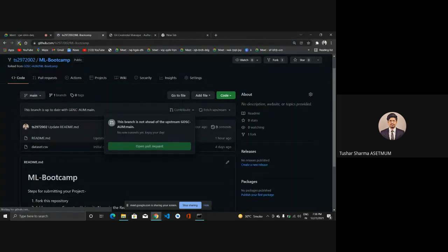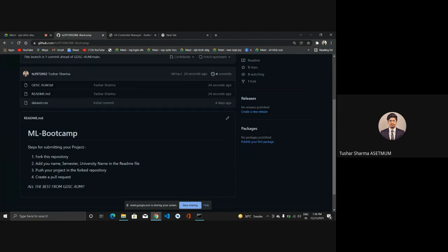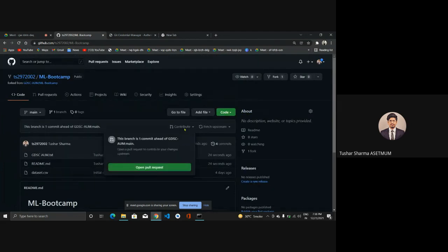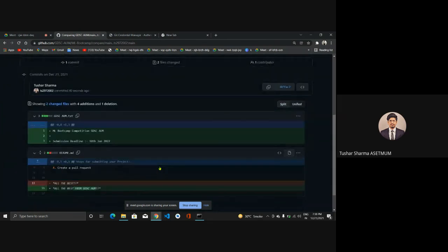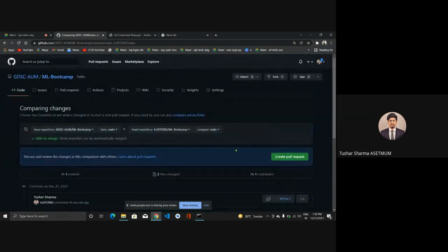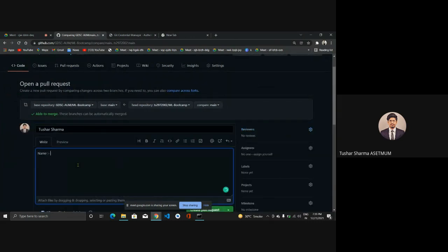Now if I refresh it, as you can see, Tushar Sharma, 24 seconds ago, one commit. The last step is creating a pull request. So how will you do it? Click on contribute, open pull request. Okay, this is my pull request, and now I'll click on create pull request. In the comments, make sure that you write your name, Tushar Sharma, your semester, which is 5, your course, BTech CSE,